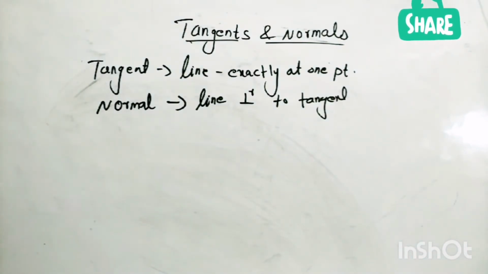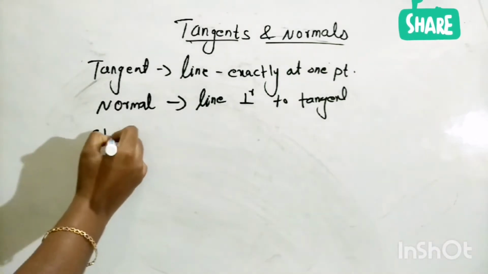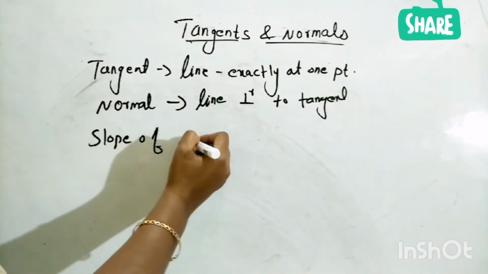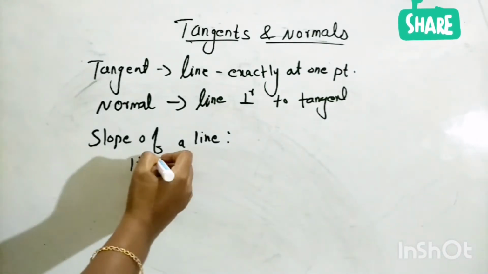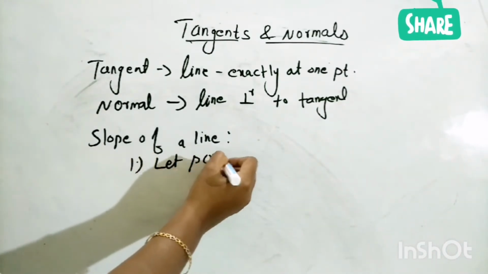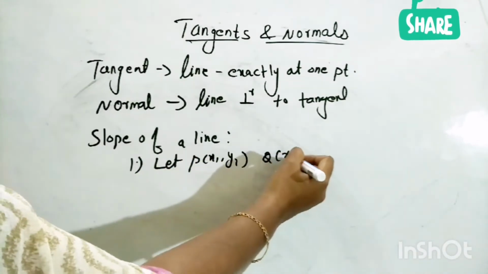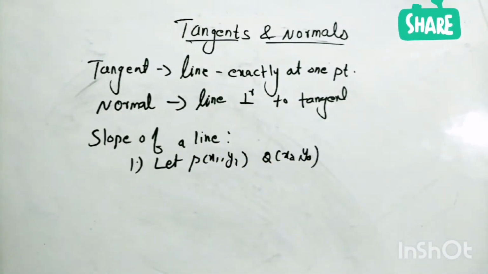Now in this section we are going to discuss the equation of tangents and normals. Before going to that, we will discuss the slope of a line. First one: let P(x1, y1) and Q(x2, y2) be any two points on a line. Then the slope of that line is given by m